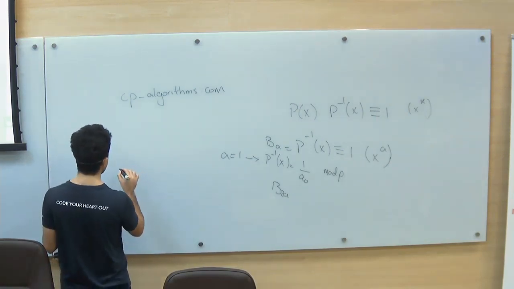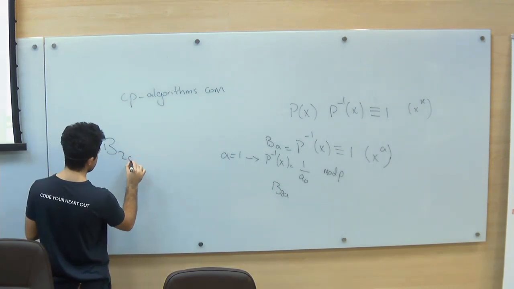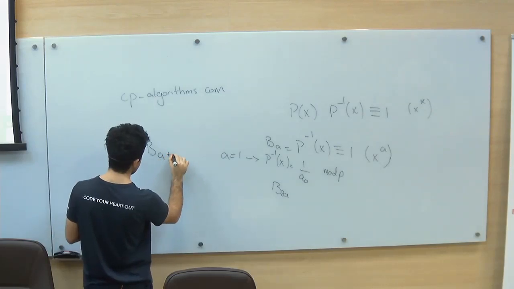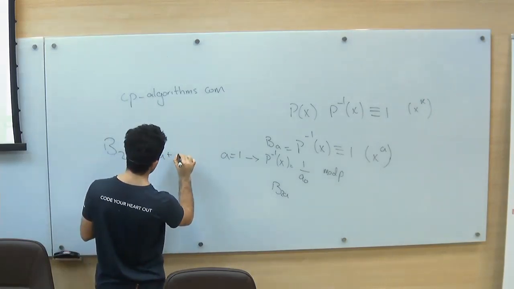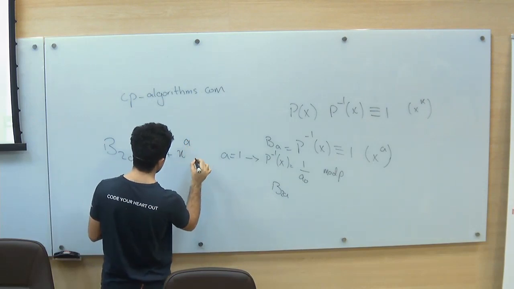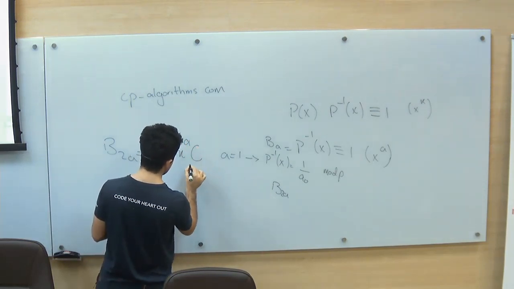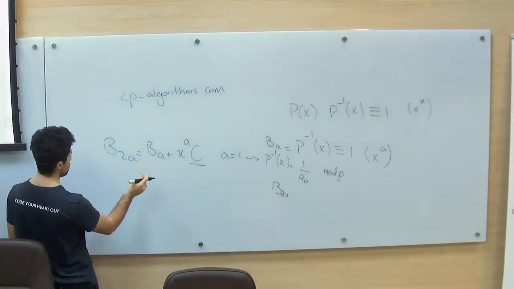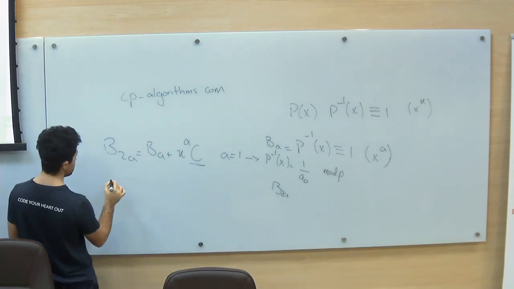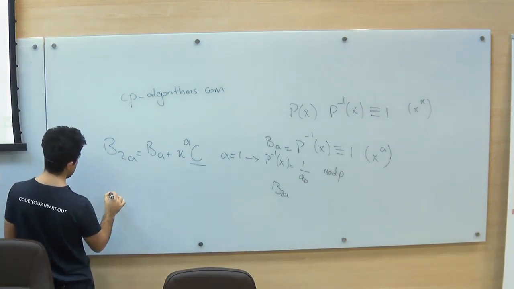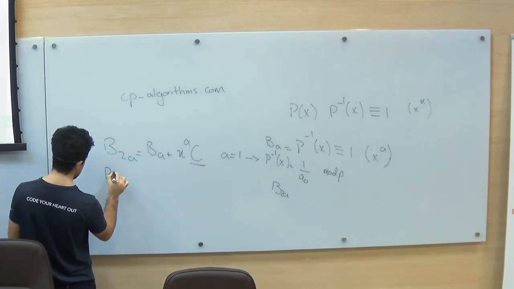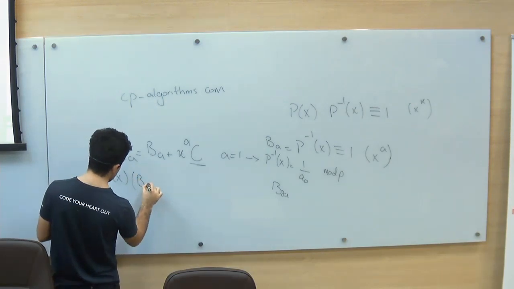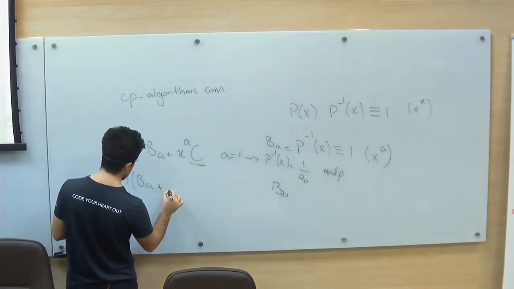So I can just guess that this will look like something like this. I should find a polynomial c, which now multiplying this by my p gives me the right answer. I mean by that, p of x multiplied by a